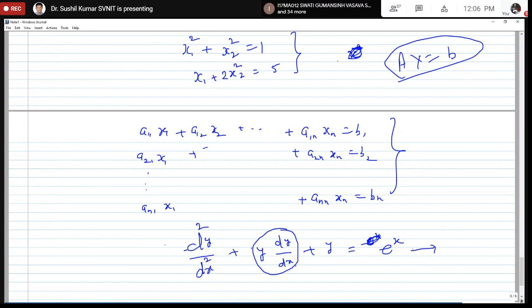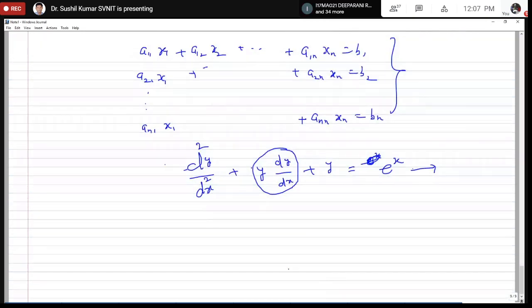So the definition is: a differential equation is called linear if it is linear in the dependent variable and its derivative. In some books they write that an equation is linear if the power of all the derivative terms and the dependent variable is 1 and there is no term with multiplication of the dependent variable and derivatives. They write this long definition. Simply, you can say a differential equation is linear if it is linear in the dependent variable and its derivative. And we have the same definition for PDE and ODE.